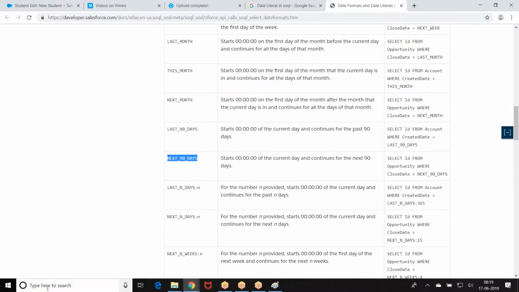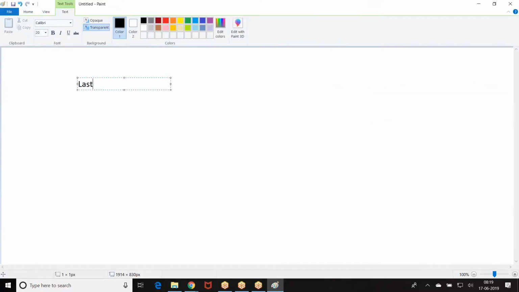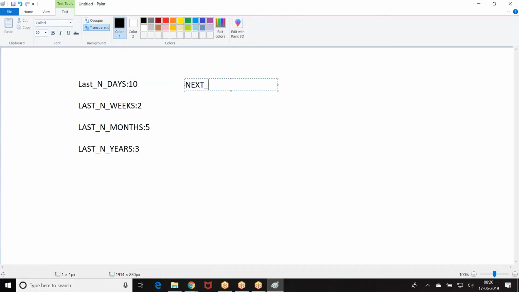Last n months. Similarly, we have next 10 days.